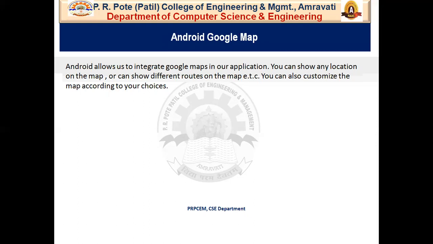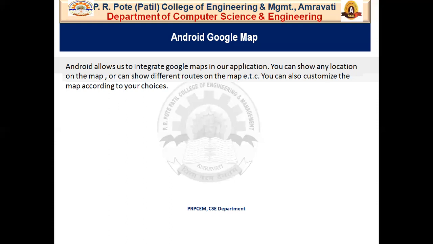It navigates location direction, displays your current location. It provides you to search location and etc. So you can show any location on the map, or you can show different routes on the map, etc. And you can also customize the map according to your choices. So this is about the Android Google Map.